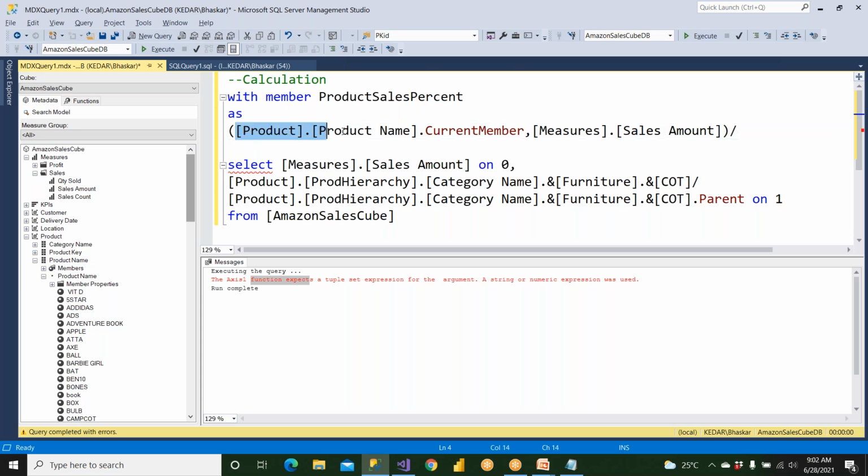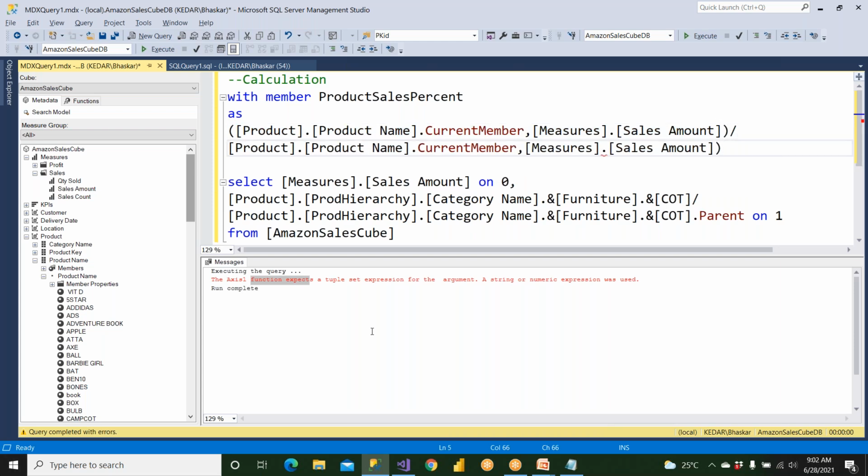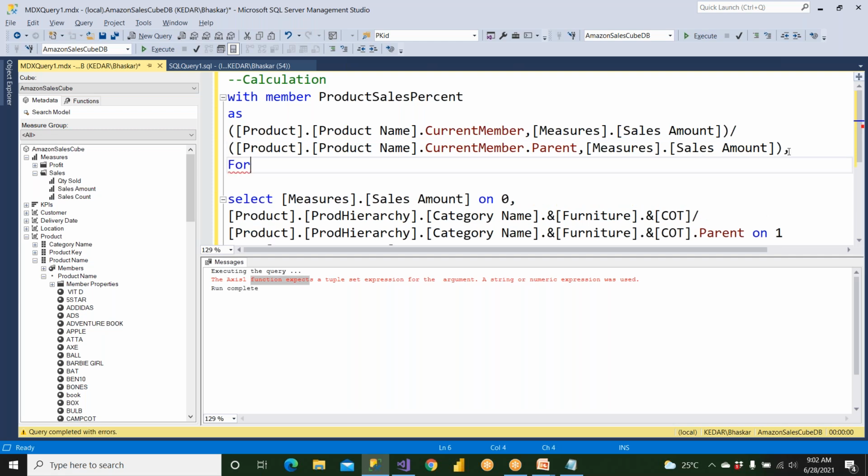So divided by current member dot parent. Clear? So this is what I wanted to have. Sales amount I would like to have, and I wanted to have a format string. Format string I would like to use, so I can have any